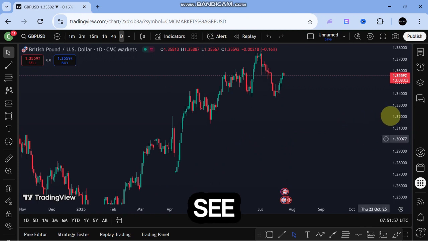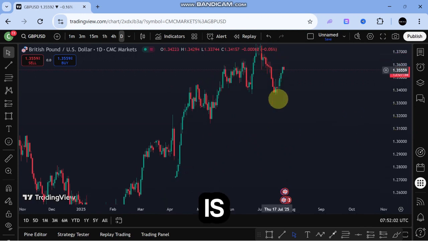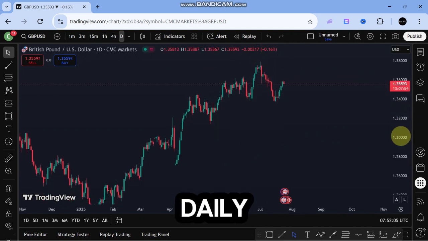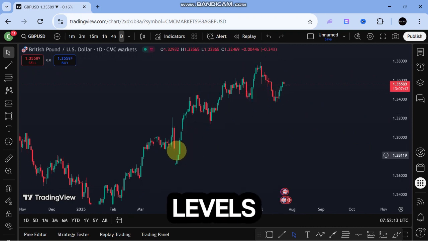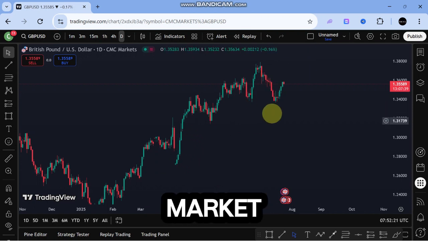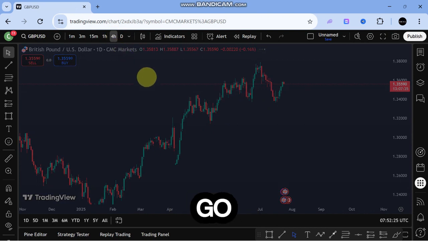So guys, as you can see on the higher time frame, which is the daily time frame, the market is moving in an uptrend, as you can see right here, an uptrend. So the daily time frame actually tells us that the market is moving in an uptrend. And what you can probably do is mark out key levels. You get, this place is actually a very good key level, and this is a key level. But if you know the market direction from your higher time frame, you go down to the